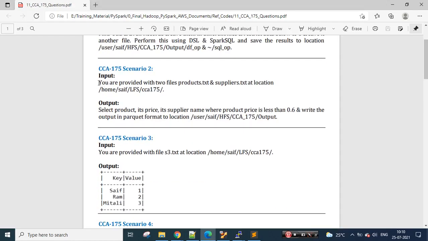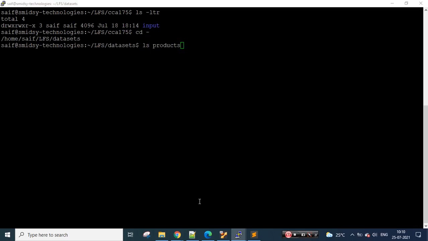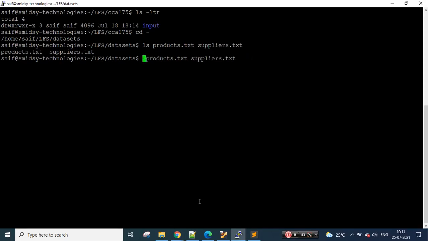Now the second scenario, what they are asking is you are provided with two files, products.txt and supplier.txt, at this location. First of all, you need to go to that location and see whether that file is available or not. If the file is not available, it should be available at your home location. So I need to have products.txt and suppliers.txt. I do have these two files, right? Simply what I can do is copy these two files from the current directory to